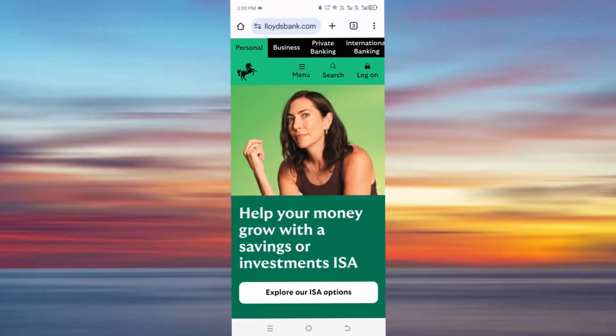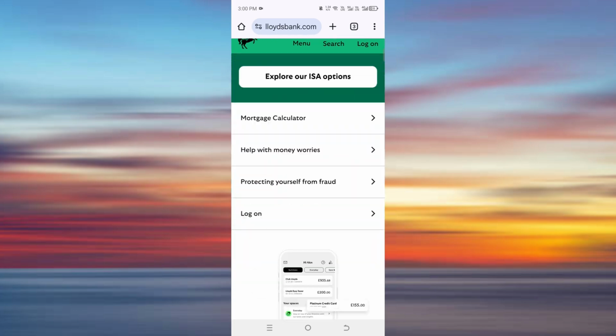So for today's video, I'm going to teach you how you can easily open a Lloyds Bank account in UK. So first is head over to lloydsbank.com. You can access their website both when you're using your phone or your PC. So once you're in the website, just scroll down